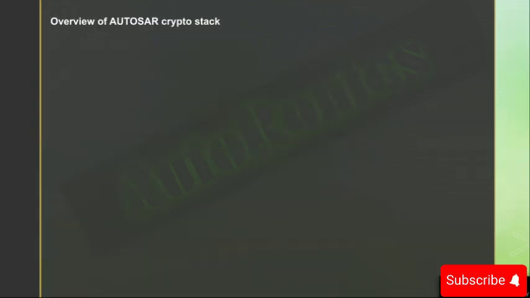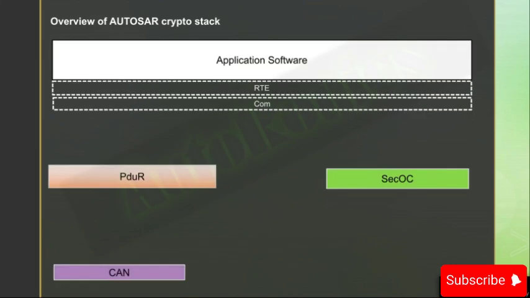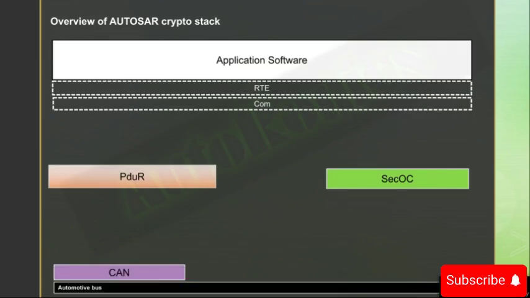Let's understand the flow of the AUTOSAR stack. After understanding the modules of the crypto stack like CSM, CryIF, Cry, let's see how the message between different modules is communicated and formed as a secured message. First, the message data, which is a non-secure IPDU, nothing but the non-secure message, will be sent from COM.